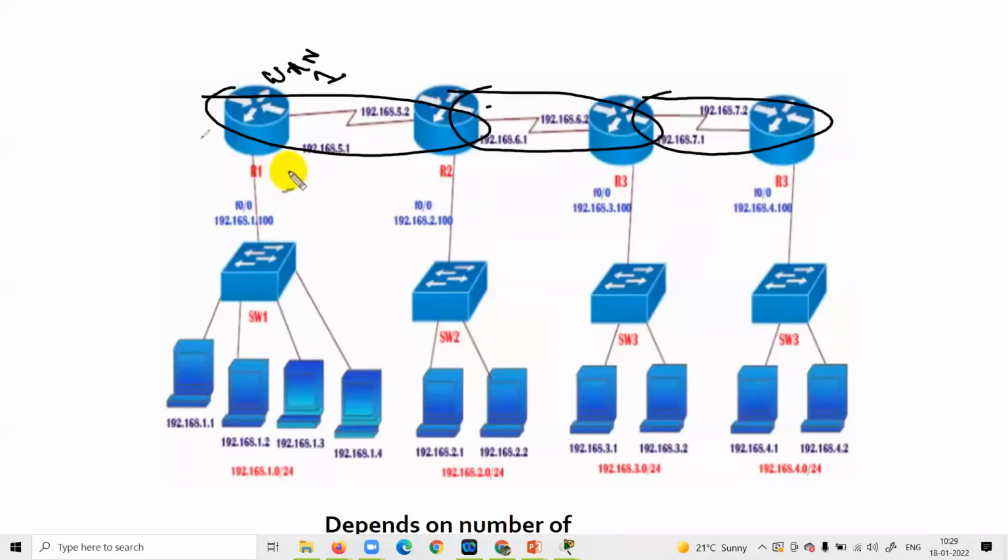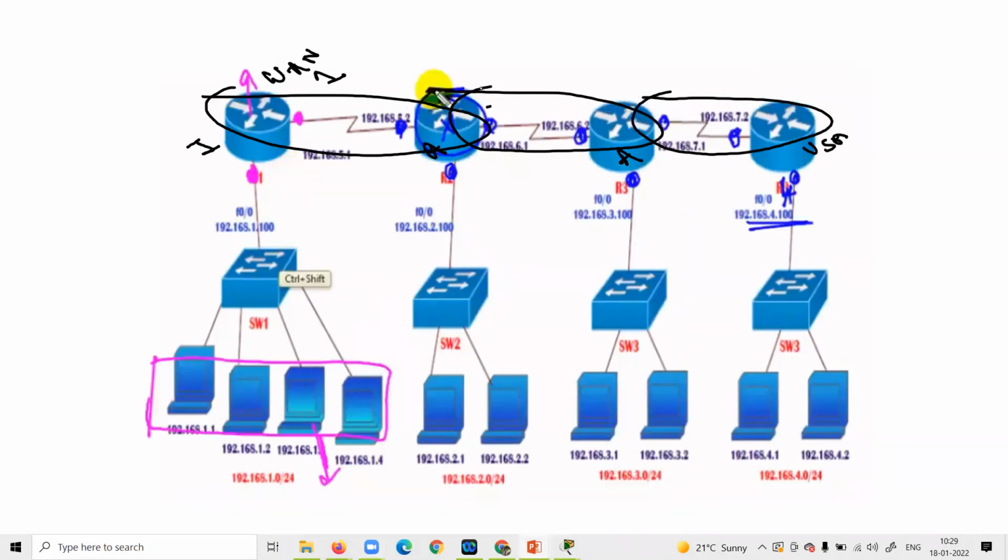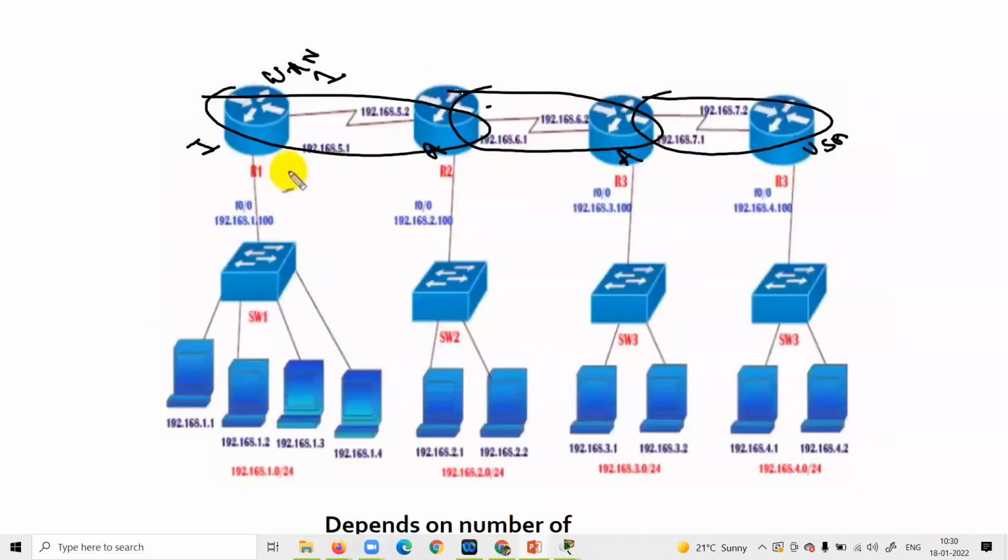You can imagine this router is in India. This router is in Australia. This is in some other country, Africa. This is in USA. Right? So India and Australia are a very long distance apart, right? So they are in different areas and they are connected with the WAN. Okay. So you just imagine right now that this is in our first floor.